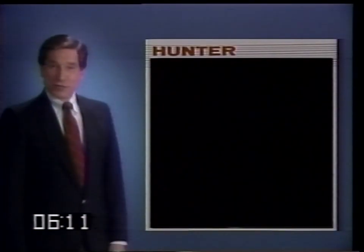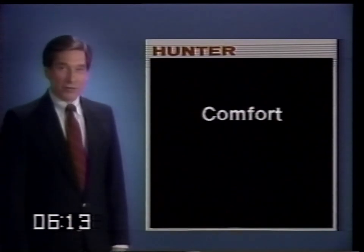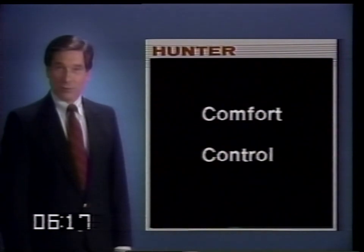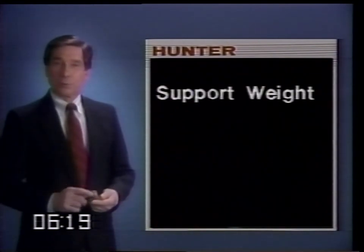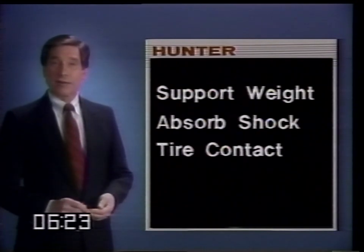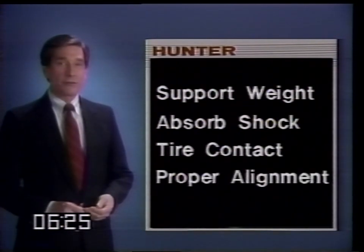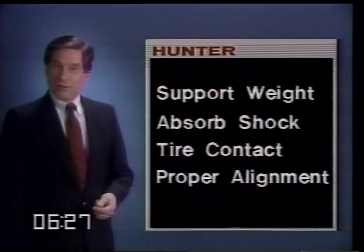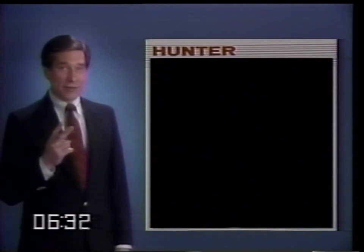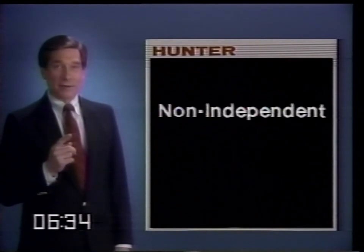A car's suspension system is necessary not only for comfort, but to give the driver the control that's necessary for safe vehicle operation. It is used to support weight, absorb and dampen shock, help maintain tire contact, and provide proper wheel-to-wheel alignment. While there are many types of suspension designs in use, they can all be divided into two categories: non-independent and